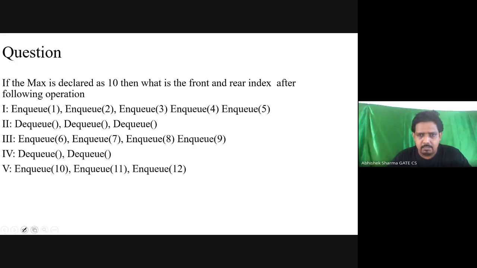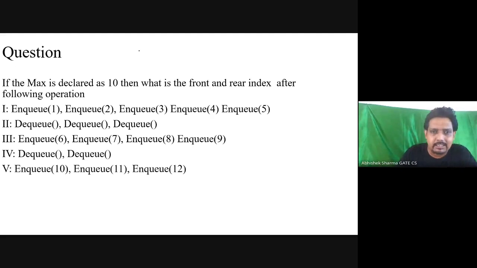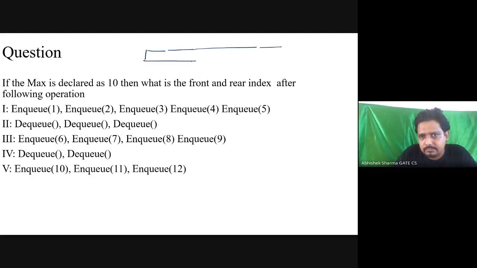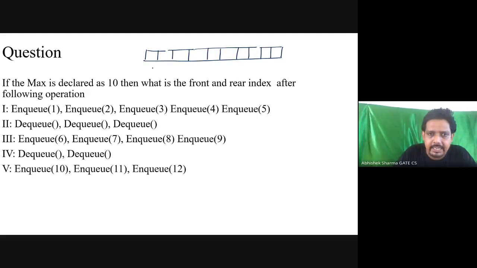Okay, let's complete this. So max is declared as 10, and let me write the 10th position over here so that you will get a glimpse of it. So this is 1, 2, 3, 4, 5, 6, 7, 8, 9, and 10, and 0, 1, 2, 3, 4, 5, 6, 7, 8, and 9.